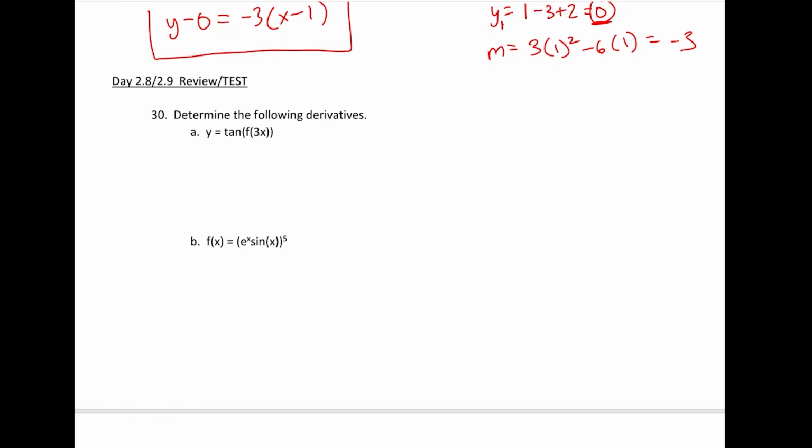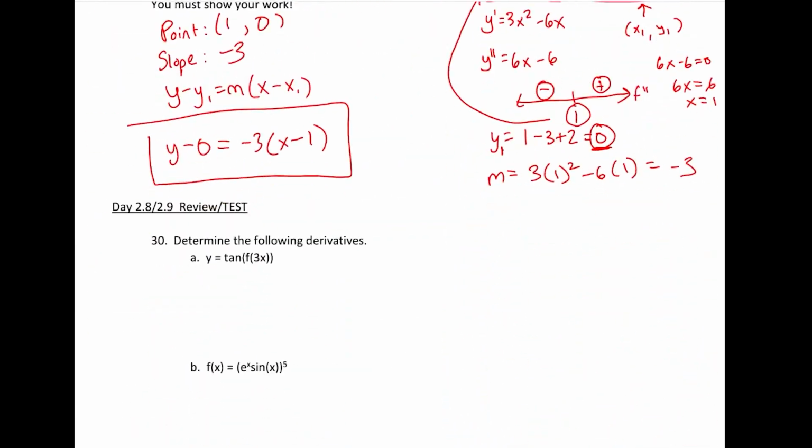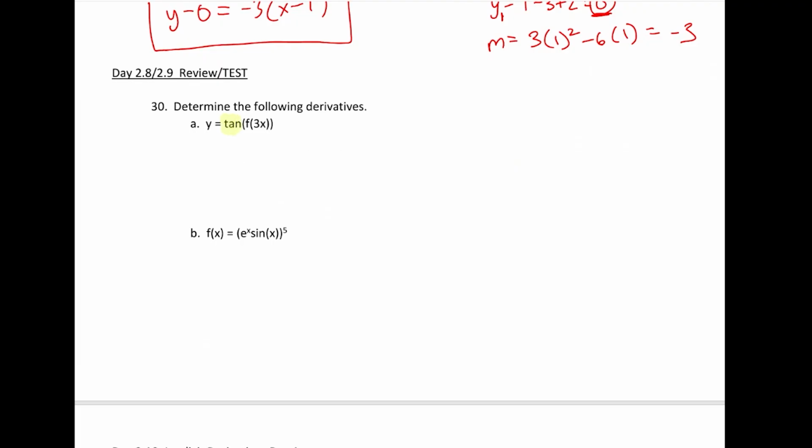So it says determine the following derivatives. Part A, we've got a triple chain rule problem. What colors did I use before? Yellow, green, and red. Okay, so my outside function is yellow, that's tangent. My middle function is f of x, and the inside function is 3x. So y prime will be first the derivative of tangent, which is secant squared, so secant squared of f of 3x,